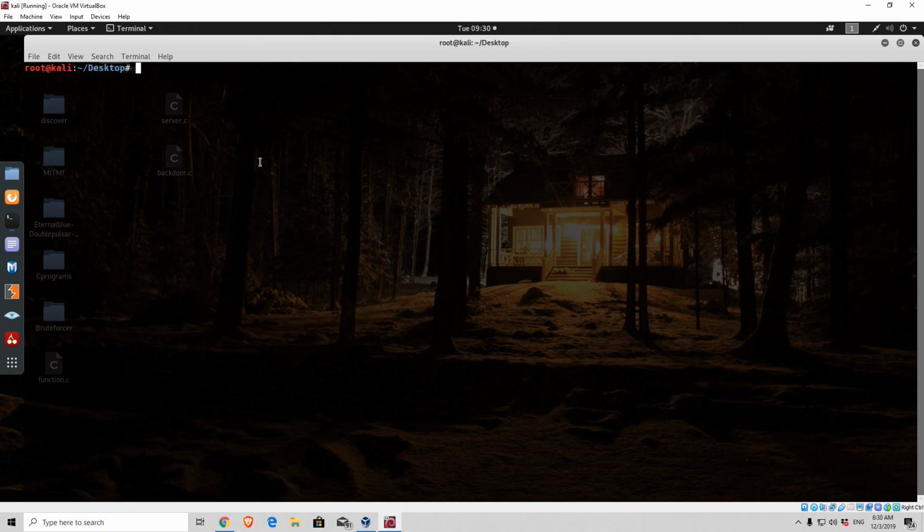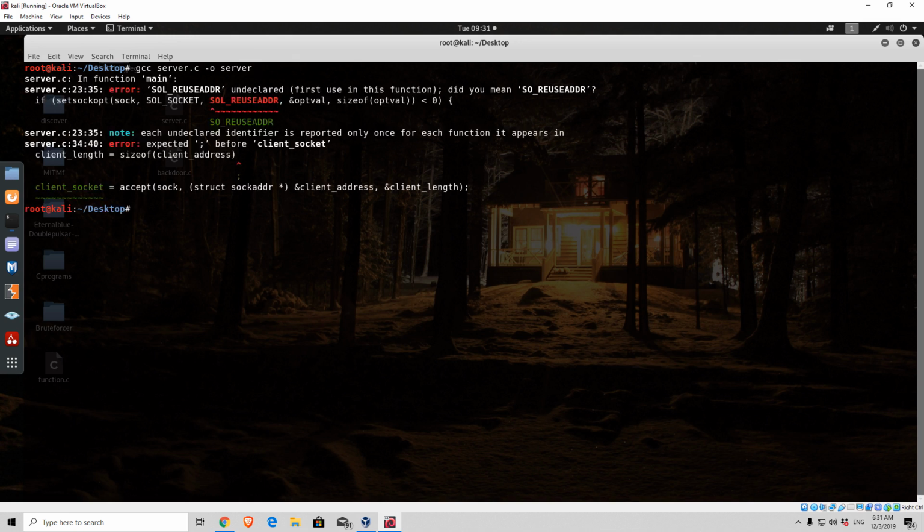In order to compile the server, after installing the program that we need, you can simply type gcc, then the name of the file that you're compiling, which in my case is server.c, -o, and then the name of the file that you want the compiled program to be called. In my case, I will simply call it server. Okay, so once I press enter, we can see there are some errors in this program